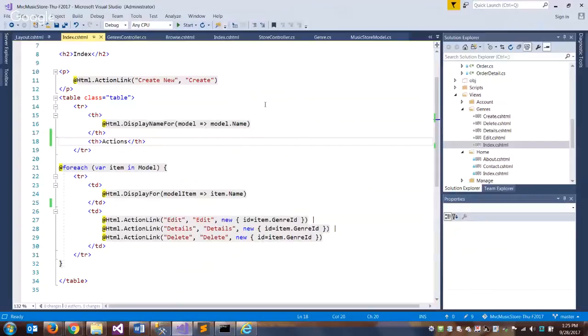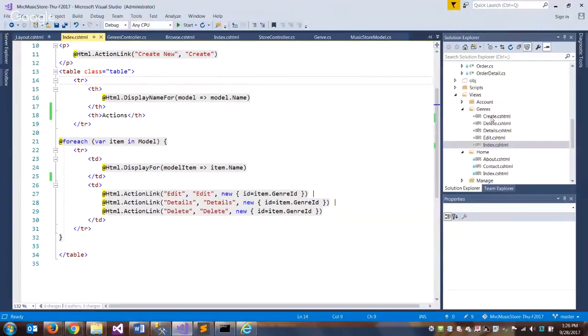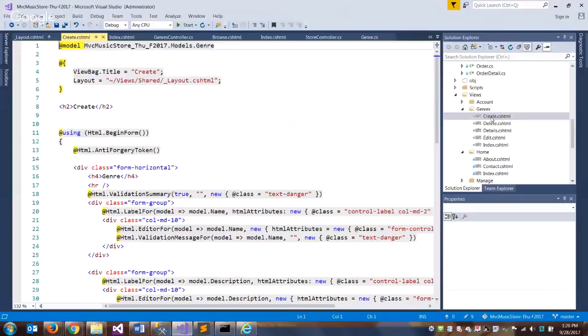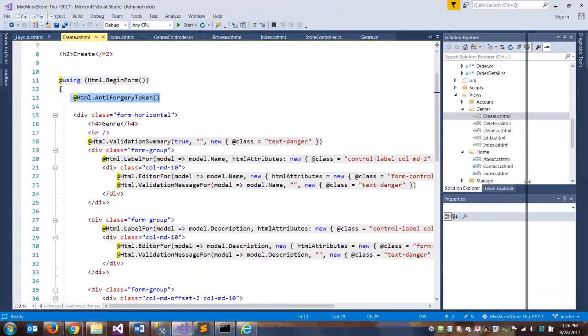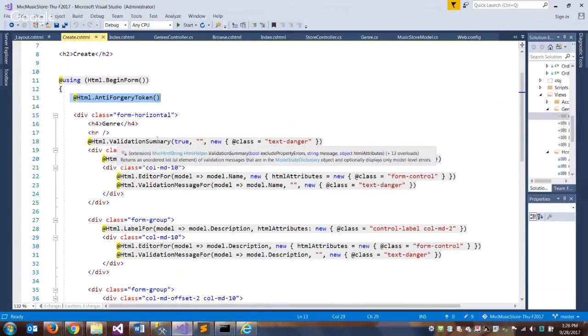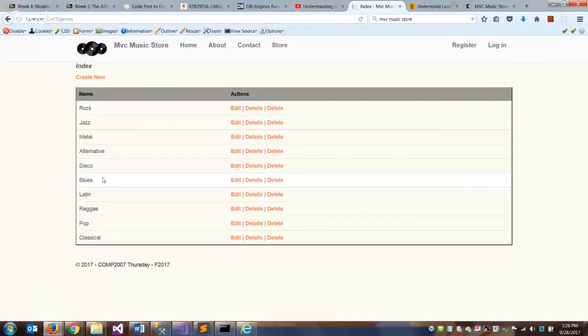So in the index, and we'll talk about this, I'm actually going to show you the create form. So here's our form. Notice it's got this anti-forgery token, so that'll prevent cross-site posts. It's got a validation summary. So if there are errors, it will print them at the top. So here, if I go to create,